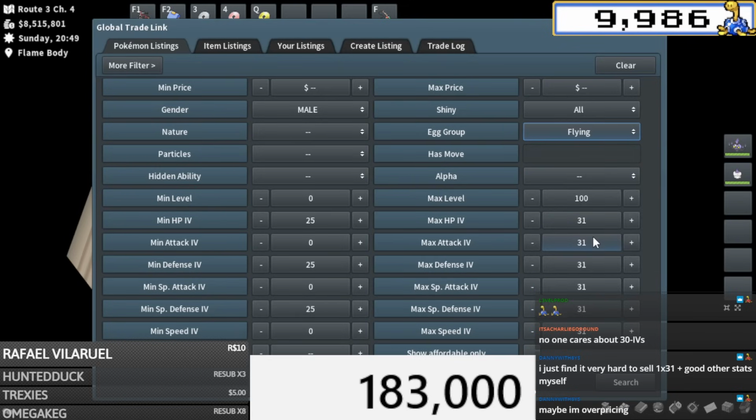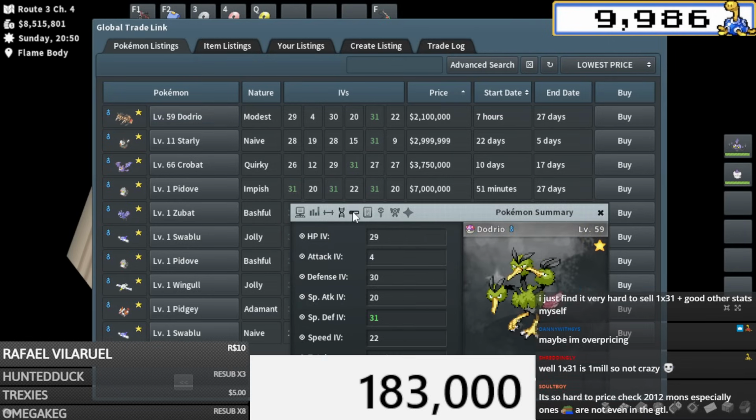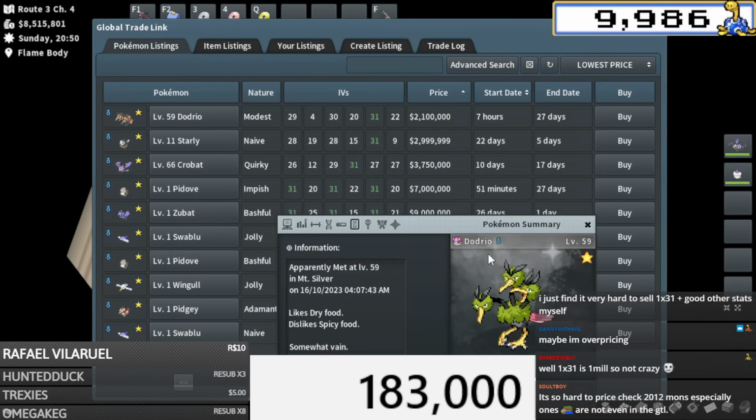I've had really good success with the Flying Egg group in the past. I want to check that out. Like this Dodrio. This Dodrio for modest nature, 2.1. This might be worth getting, honestly. Someone just breeds an attack stat on it. It's Master Balled, so it means...